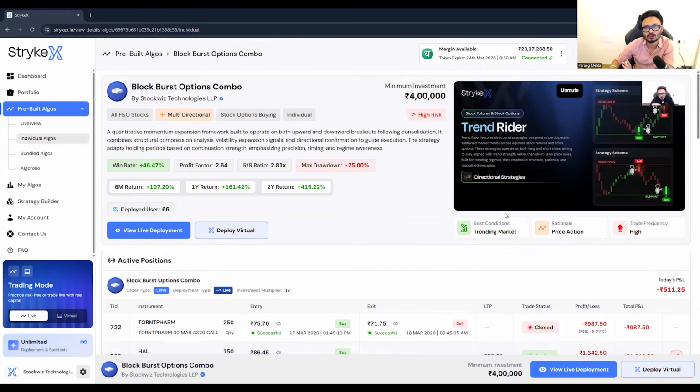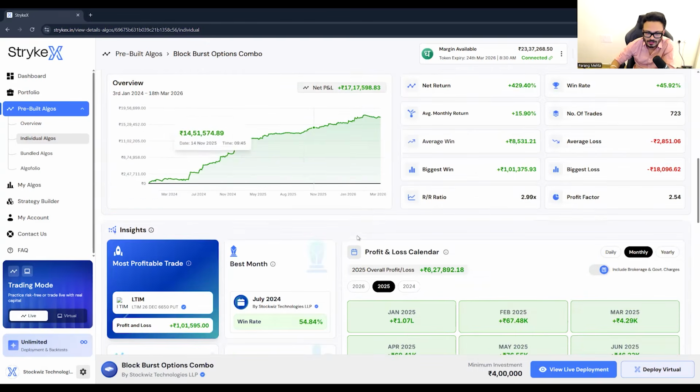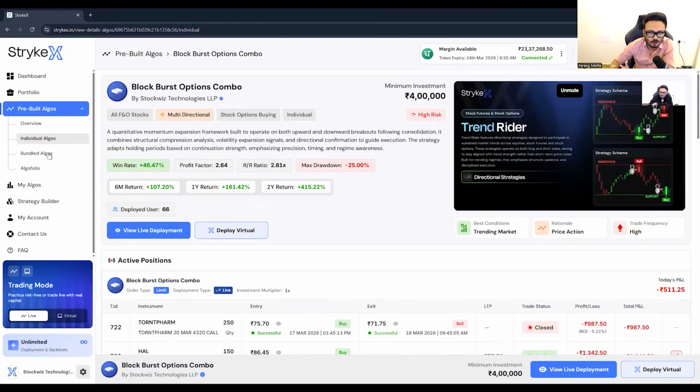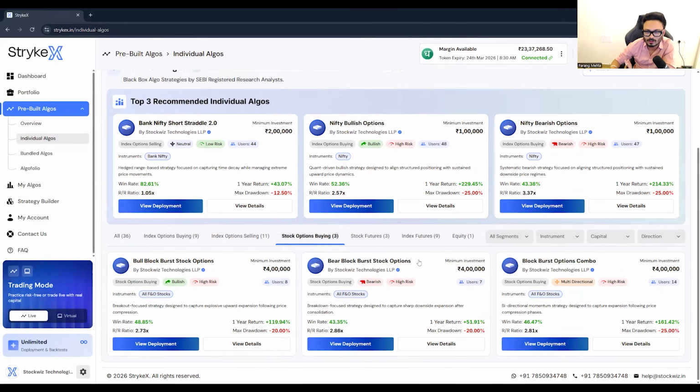it's a strategy which is only for people who are looking to take risk, and it will take all stock option trades. So even when you backtest data, you will see multiple instruments being mentioned here. So for stock options, if you're interested in stock options, then go for blockburst options combo. But if you have the capital, and if you are willing to take that higher risk, you can deploy bull and bear separately also. So bull 4 lakhs, bear 4 lakhs. If you have 8 lakhs capital, and if you are okay to risk 1.5, 1.6 lakhs on these two, go for it. If not, then go for this blockburst options combo with a 4 lakh rupee capital and with a